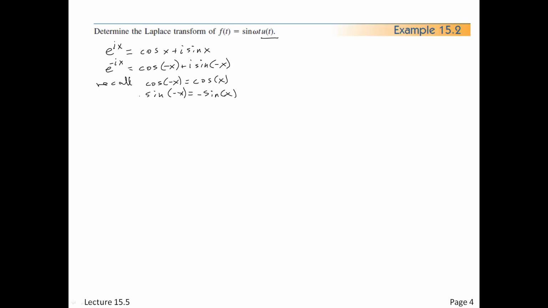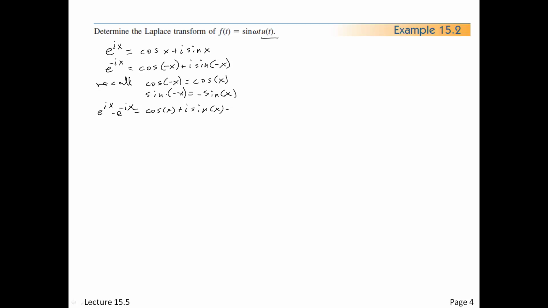Okay, so what is all this about? We're trying to isolate a sine term as a function of exponentials. And the book, in this example, just sort of jumped right to it, as though everyone knew this right off the top of their head. I didn't when I read it, so I thought, I better think that through. So let me finish with that. e to the ix, right, minus e to the minus ix is equal to what? Cosine plus i sine of x